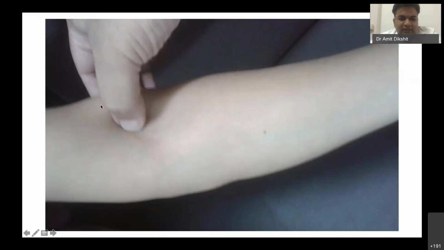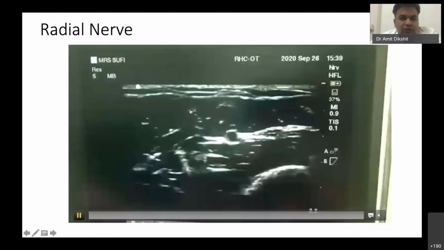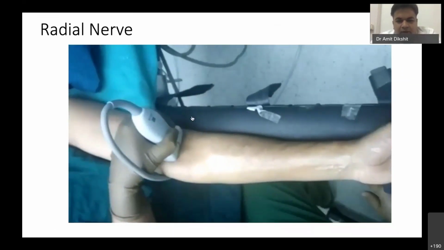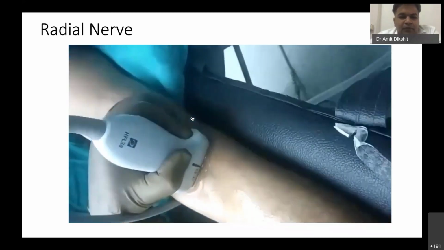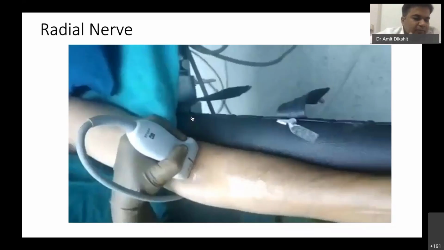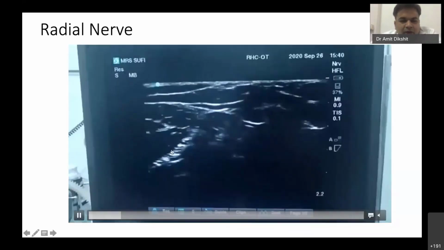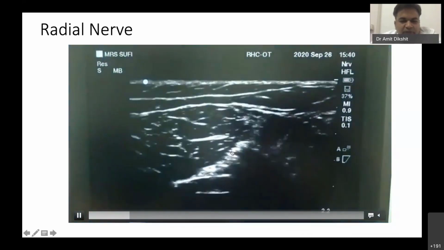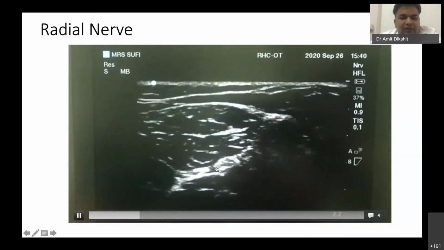that's the common extensor tendon, the lateral aspect, and the biceps. So this is the groove. So this is how I'll be showing how we do it. I'll be showing first in the arm area. So just at this level, the nerve is about to divide into superficial and deep. So if you place the probe at the elbow or just above the elbow, you see the nerve more or less in an elongated cylindrical shape where it is about to divide. The upper part is the superficial aspect, and the lower part is the deep branch. So superficial and deep, it divides into two.